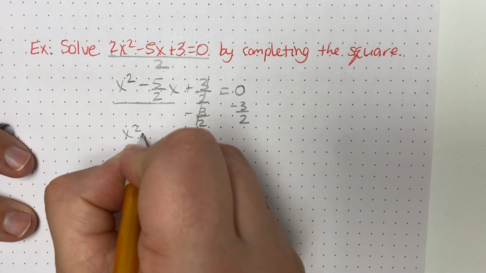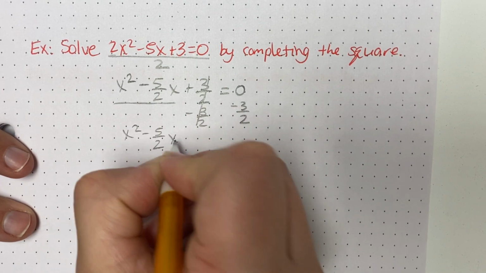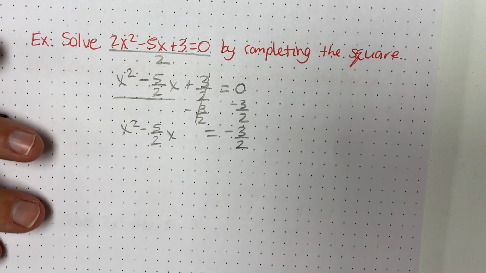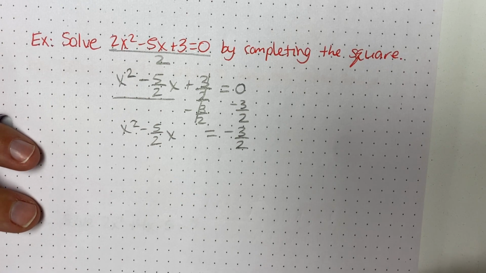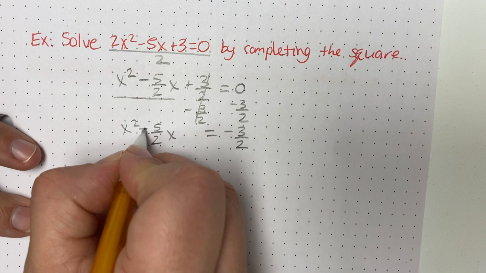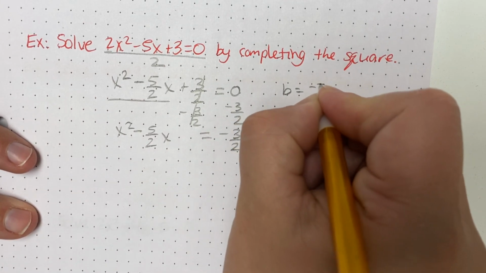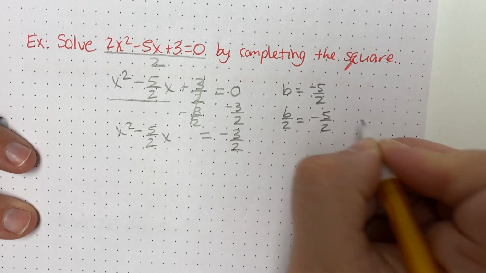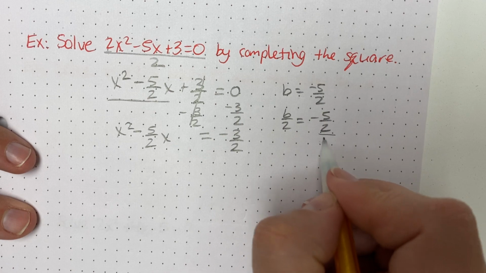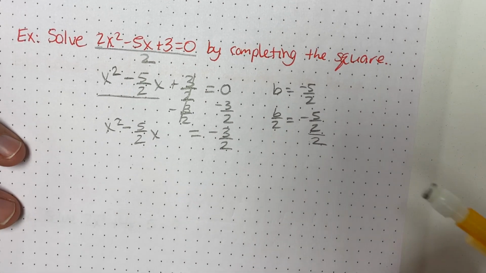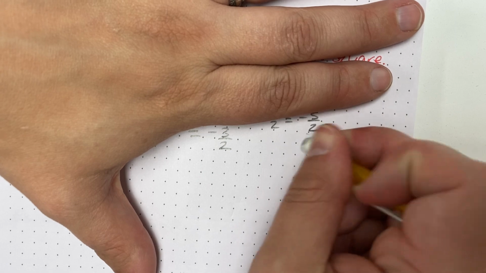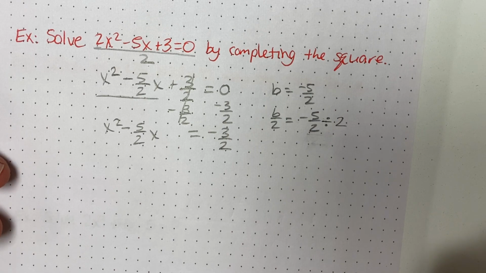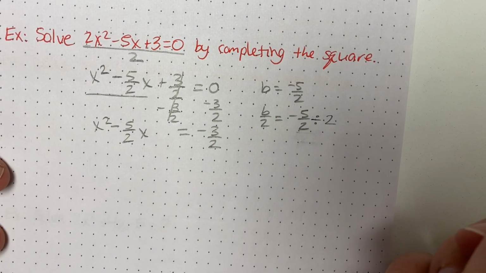Remember when we work with these, because we're dividing by 2 and squaring, it really helps if we leave things in fractions. So you might need to push that fraction button on your calculator to make sure it stays that way, okay? All right, so we have our b, negative 5 over 2. The next thing we need to do is divide that in half, okay? Writing something as a divide by a divide really doesn't make sense. So what I'm actually going to do is I'm going to say that we need to divide this by 2,